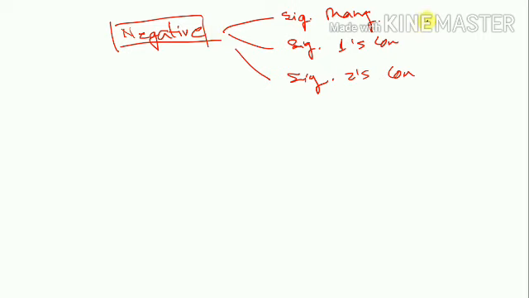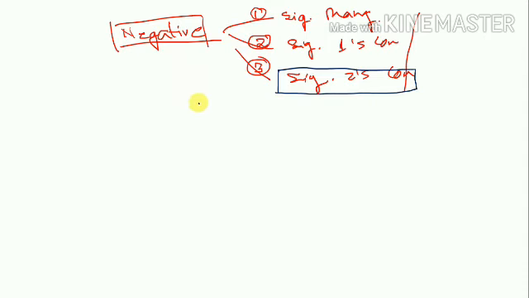So now the question is, in our computer system which representation method will we use? We should use the first method, the second method, or the third method? The answer is very clear. Among these three different representation methods, we will use the last one, that means sign 2's complement representation. Clear? So in our computer system we have to use sign 2's complement representation.